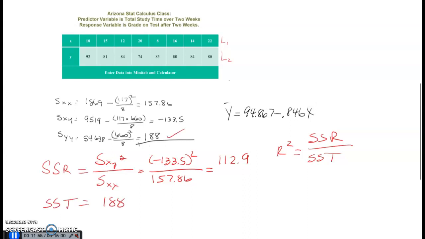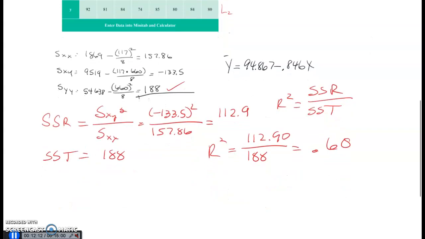We've already calculated that. So we can find r squared to be 112.90 divided by 188, and that will give us 0.60. We would write that